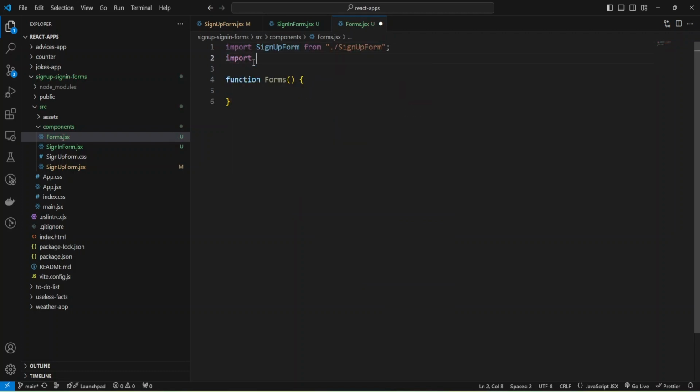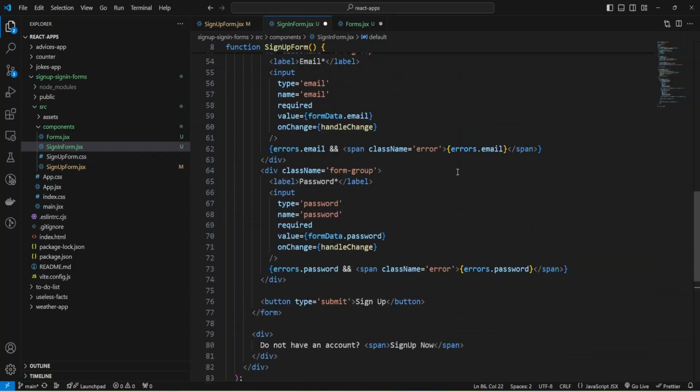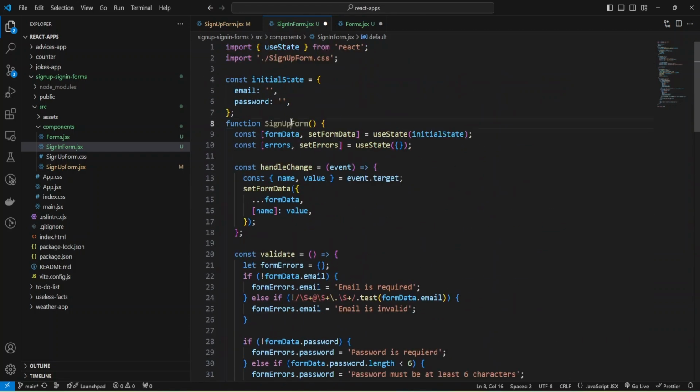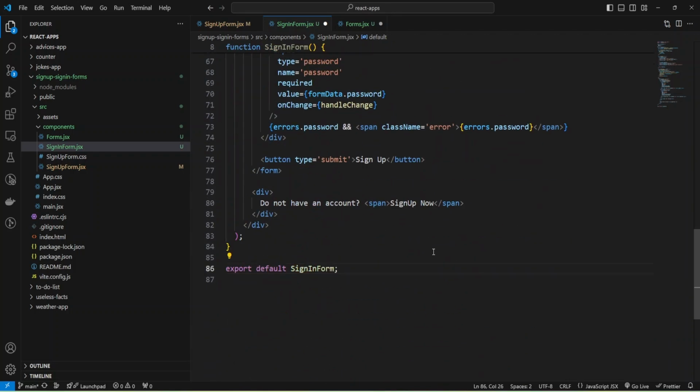also import. I don't see sign in. Probably we need to change the export. Yeah, we need to change the name, sign in form, and also export sign in form.